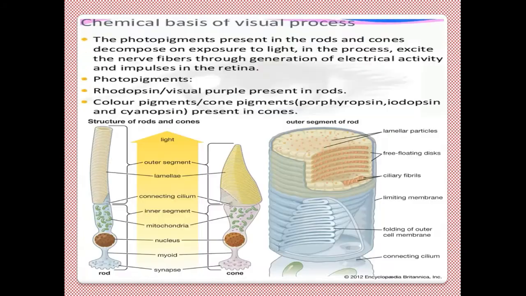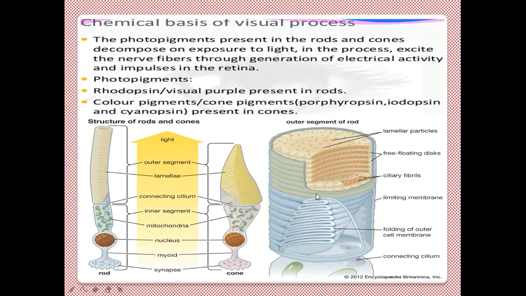So here you can see the chemical basis of the visual cycle or visual process. Here you see rods and cones. Inner segment, synapse, myoid, nucleus, mitochondria. Outer segment, lamella, where the pigment rhodopsin is there. The same way, here you have the pigment iodopsin. Inside that, lamellar particles are there. Free floating discs are there, and the pigments are in these discs. Ciliary fibrils are also there. This is the limiting membrane, inner membrane. This is a folding of the outer cell membrane connecting cilia. This is the outer segment